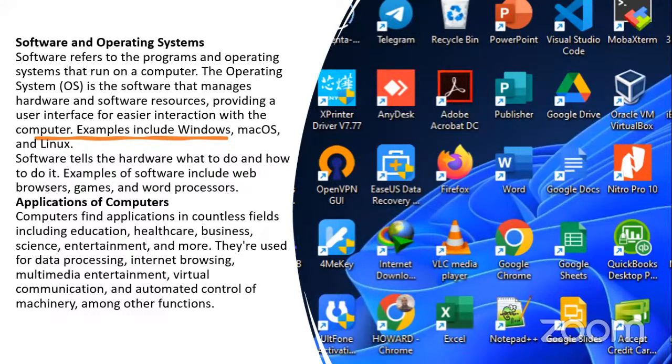So all the hardware components need software drivers to power them on, including your sound, your speaker, your graphics card, Bluetooth, and so on and so forth. Even your mouse and your keyboard have software drivers that power them.